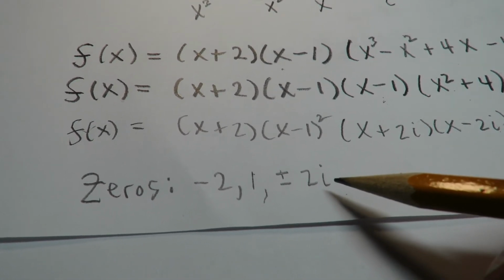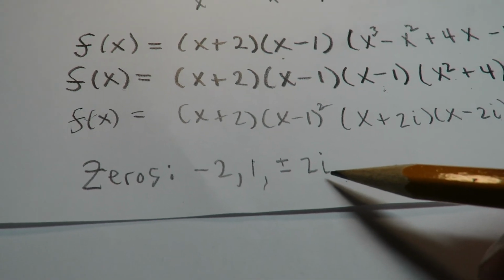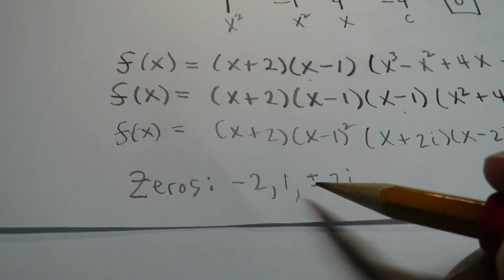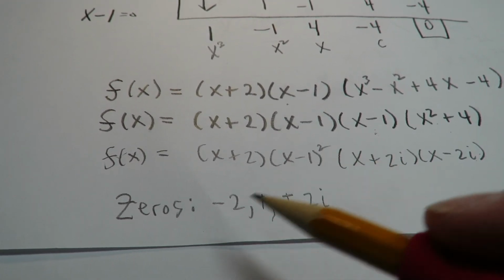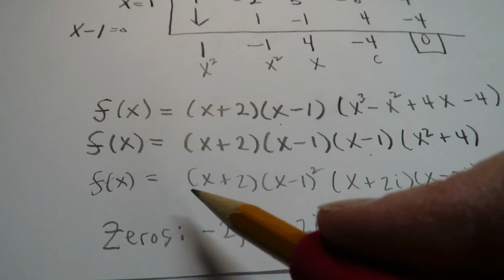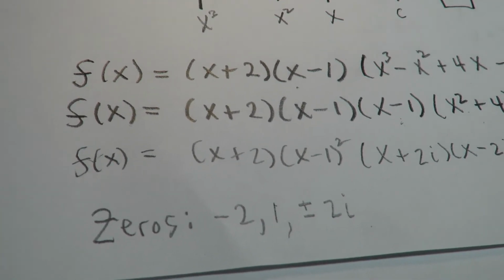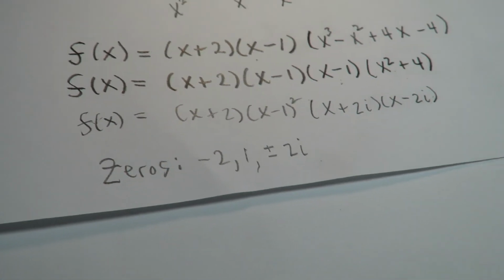You don't really say x intercepts for complex numbers unless you're graphing on the complex plane. Then you can talk about this differently. But in a regular Cartesian plane, these won't show up. All right, so this is the factored polynomial. This is the zeros. Now let's go back to the original and just take a look at that. So if you notice, the winners